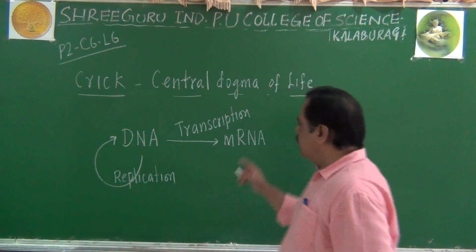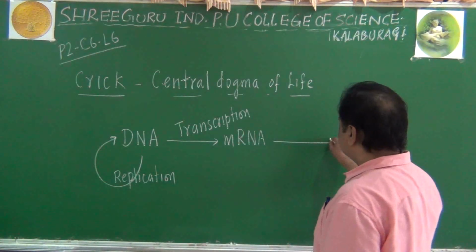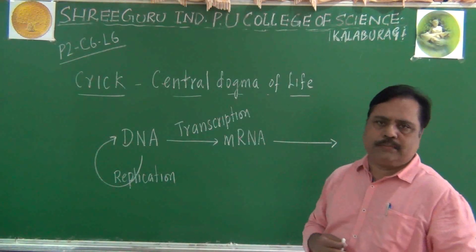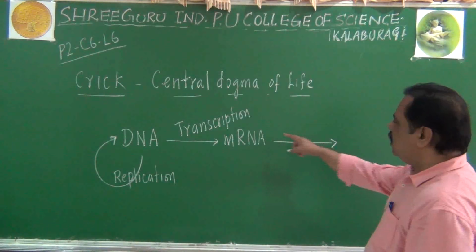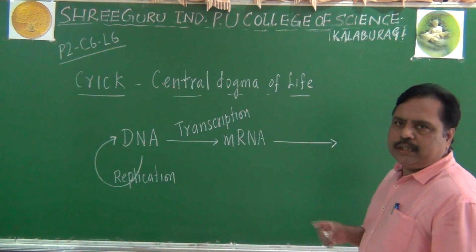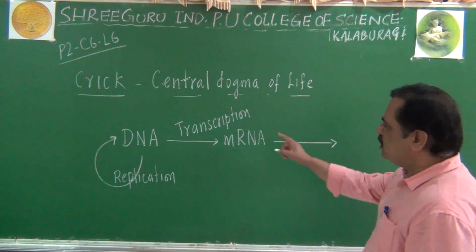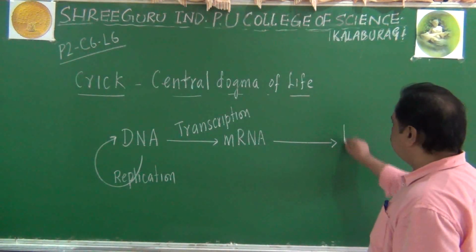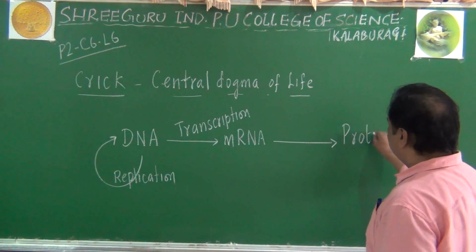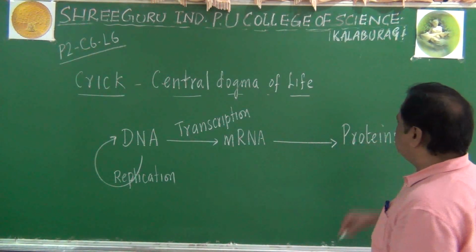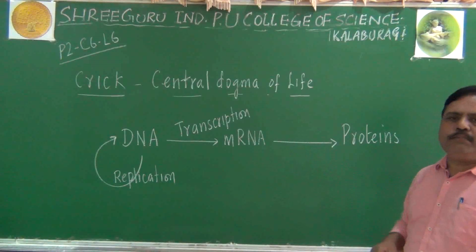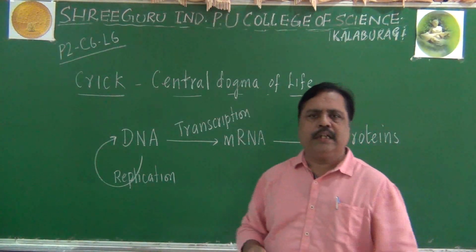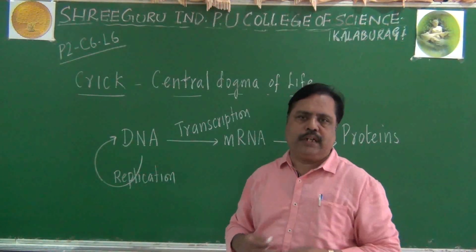Now listen, this RNA is giving information for protein synthesis. Based upon the messenger RNA, that's why it is called that. Based upon the message present in the RNA, ribosomes are able to produce proteins, remember. So proteins are synthesized based on the message of mRNA. What is that message? It is called the genetic code, we are telling.